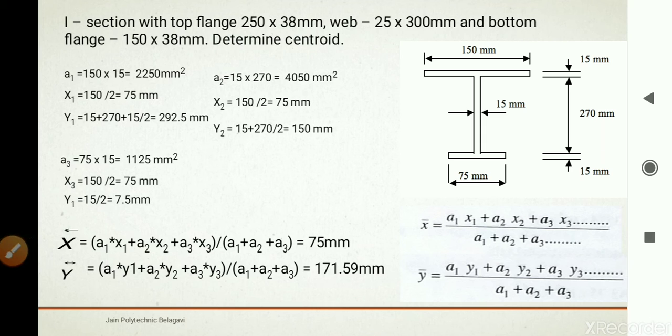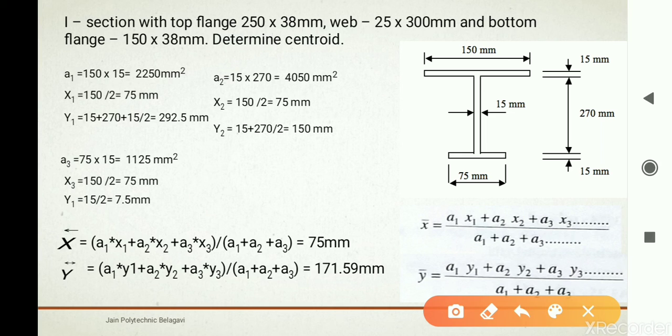Put all these values in the x bar formula and y bar formula. So you are going to get x bar as 75 millimeters, y bar as 171.51 millimeters. So from this reference line if you mark 75 millimeters, it will be exactly in the center here.